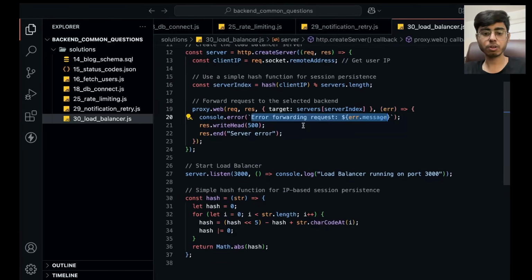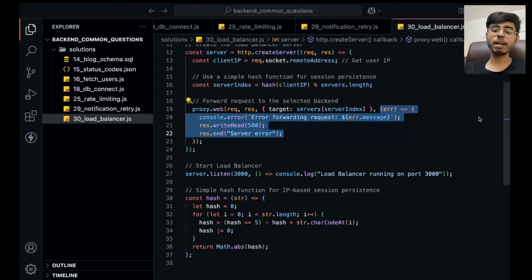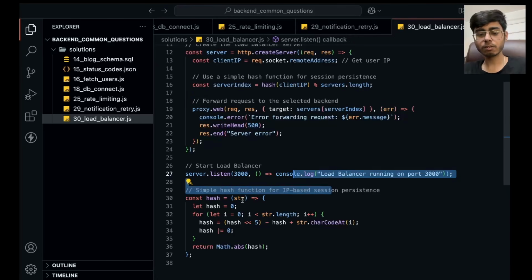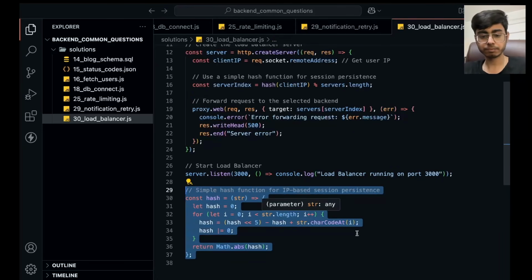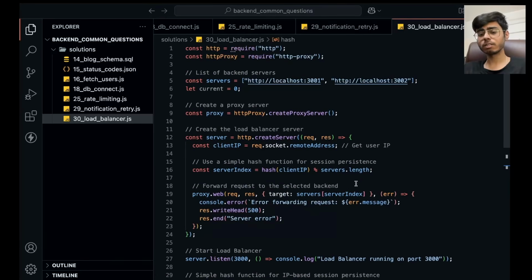Console.error if anything goes wrong, writeHead 500 if this goes wrong, and end the response. Otherwise, if error has not come, it will redirect your request from client to your server which you selected, right? Just switch on the server, and this is the function for finding the hash. That's it. So this is a very simple code for creating a simple load balancer which balances the load between two servers. I hope you understood this.